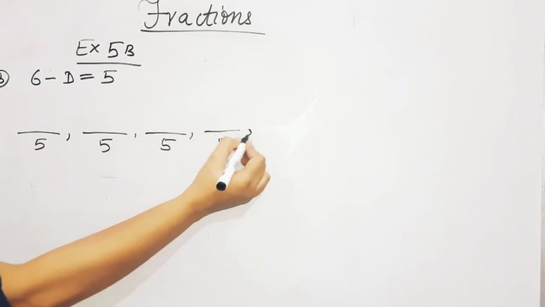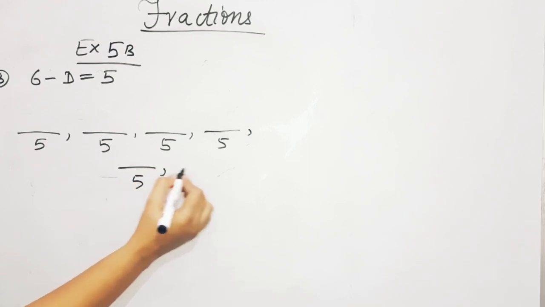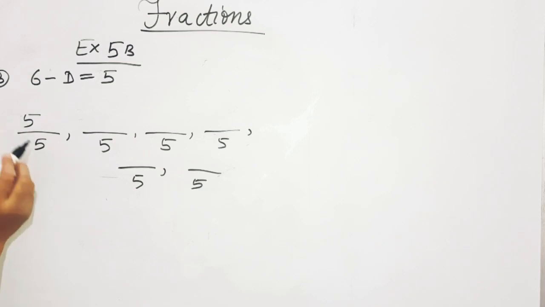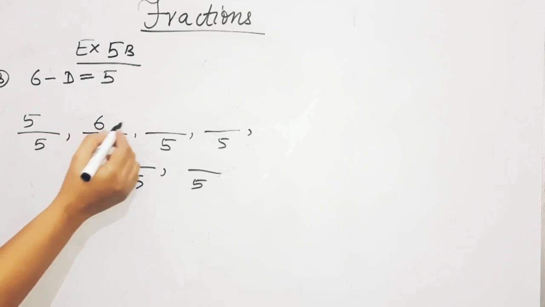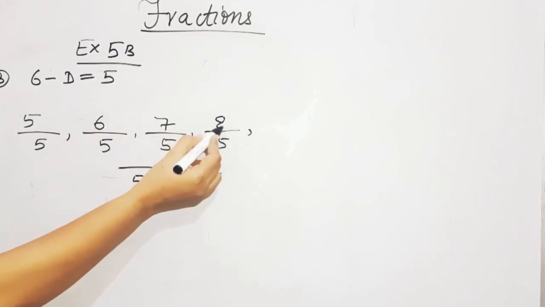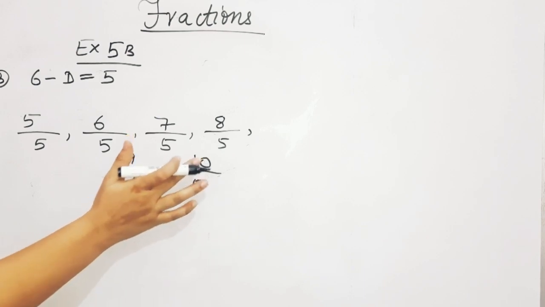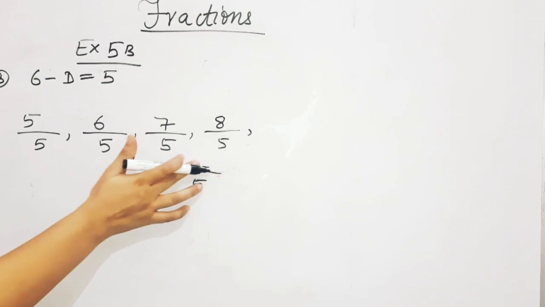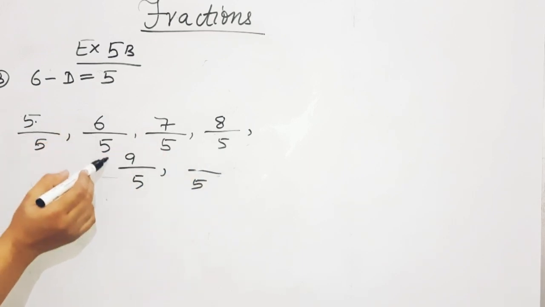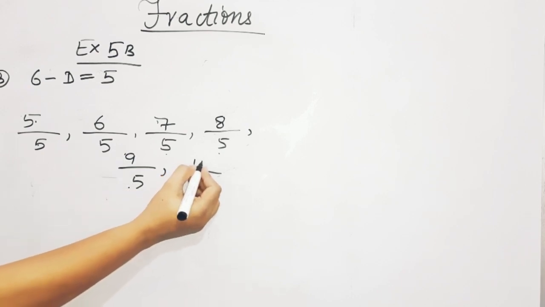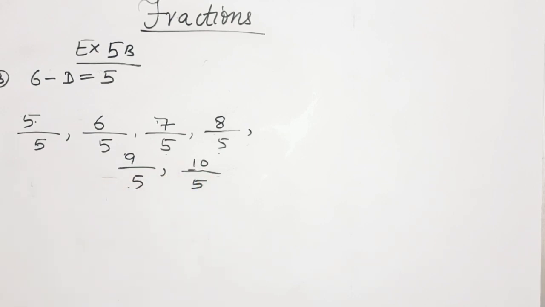बड़ा होगा, you have to write 6 fractions, या तो बड़ा कर दीजिए या तो इक्वल कर दीजिए, right. तो एक तो आप इक्वल वाला भी लिख सकते हैं, because the numerator is greater than or equal to its denominator. So next examples can be, 5 से बड़े जो भी नंबर होंगे वो आप ले सकते हैं, right, because the numerator should be greater than the denominator. Okay, 5/5, 6/5, 7/5, 8/5, 9/5 and 10/5. Okay, in every case the numerator is greater than the denominator.